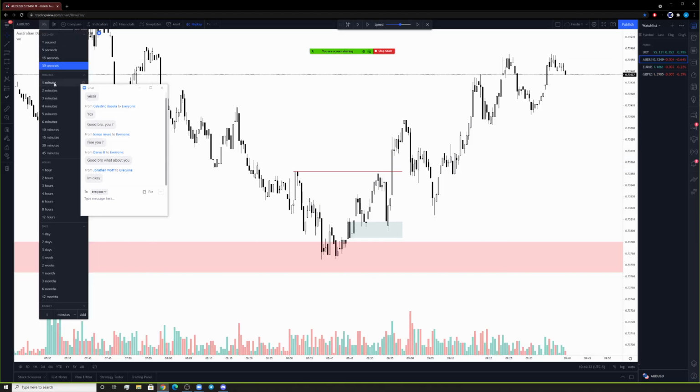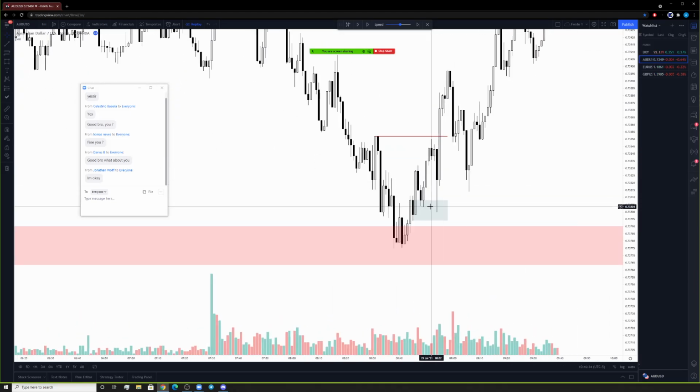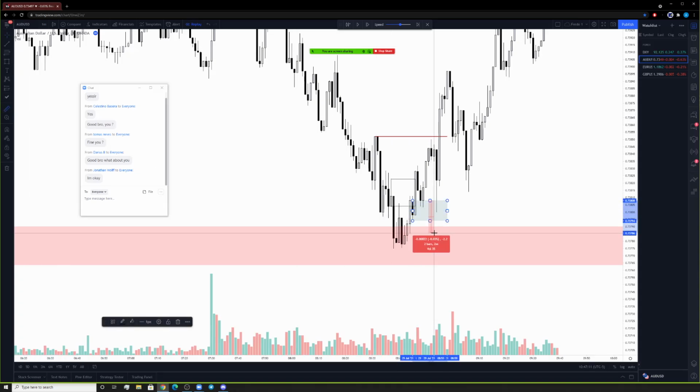Wait, so 30-second isn't the best. Okay, so as soon as I saw this, the first thing I see based on the reaction is the fact that we are high, low, high, low, high, unwillingness, internal disruption into my POI. I always reference the open and the low. So my parameter is this. Very aggressive, but preferably from a conservative standpoint, SL should be below that wick, which is a 2.3.